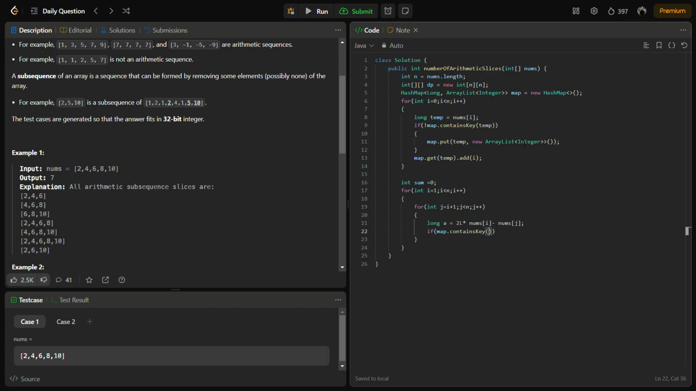Now here we are calculating the difference, and if the map contains the difference, then we need to do some updation, otherwise we can simply leave it here. So if it is inside, so int k will be the elements in the map, and for every element we'll be checking if k is less than I,